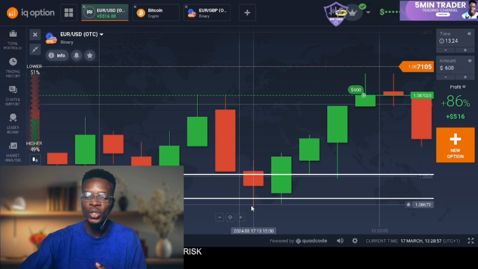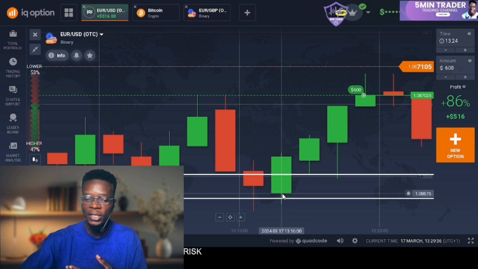So you see that all the rejections are focused on the seller side. So you can see that this is the candle that the buyers won very, very well. Again, the second candle opened over here. The sellers pushed it to this level, and then buyers stepped in and pushed it, and it closed far above the opening level, which I think is an engulfing candle because it broke above this previous candle,